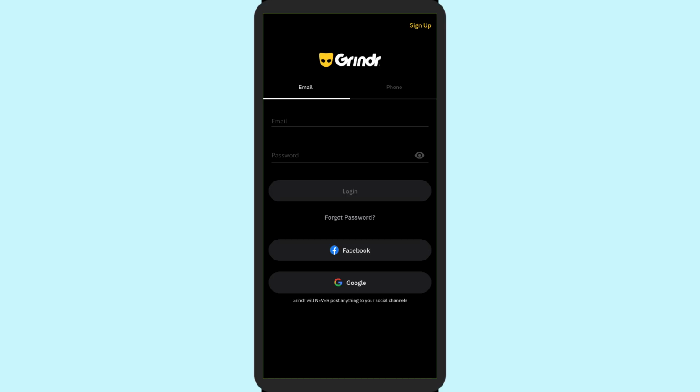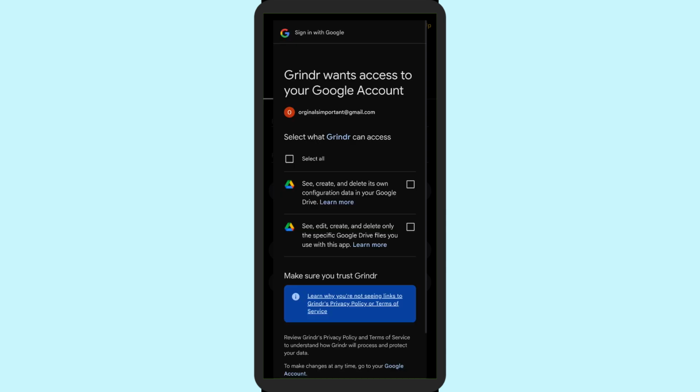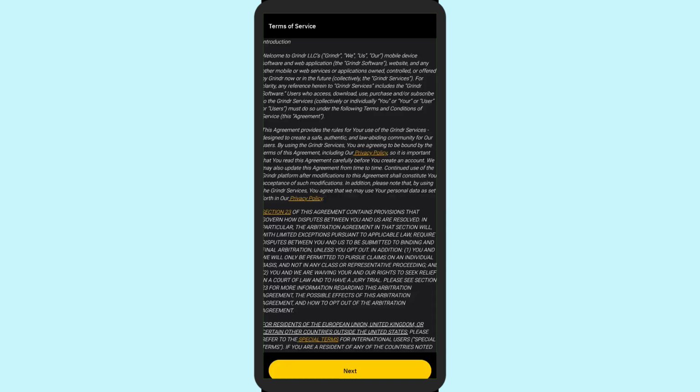If you want to log in or create an account with your phone number, simply tap on phone, which is right next to the email, or else if you want to log in with your email, simply tap on the Google option on the bottom of your screen and choose any email that you would like to create an account with. Then after choosing your email, simply tap on continue, then just tap on the next option on the bottom,